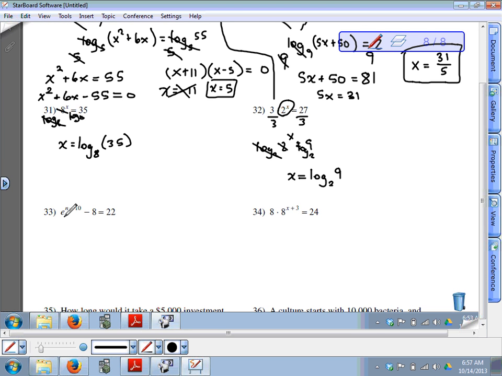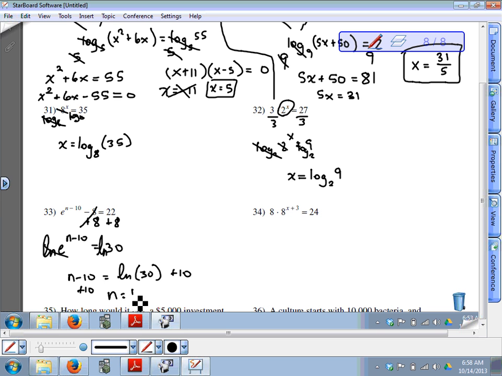Number 33, e to the n minus 10 is the exponential term, so this needs to be isolated before we can get rid of the base of e. So I need to add 8 to both sides. We have e to n minus 10 is equal to 30. Now we can get rid of the base of e using a natural log. So n minus 10 is equal to the natural log of 30. Now we can add 10 and add 10. Because the 30 is inside the natural log, 10 cannot be added to 30 to make 40. So the answer is n equals natural log of 30